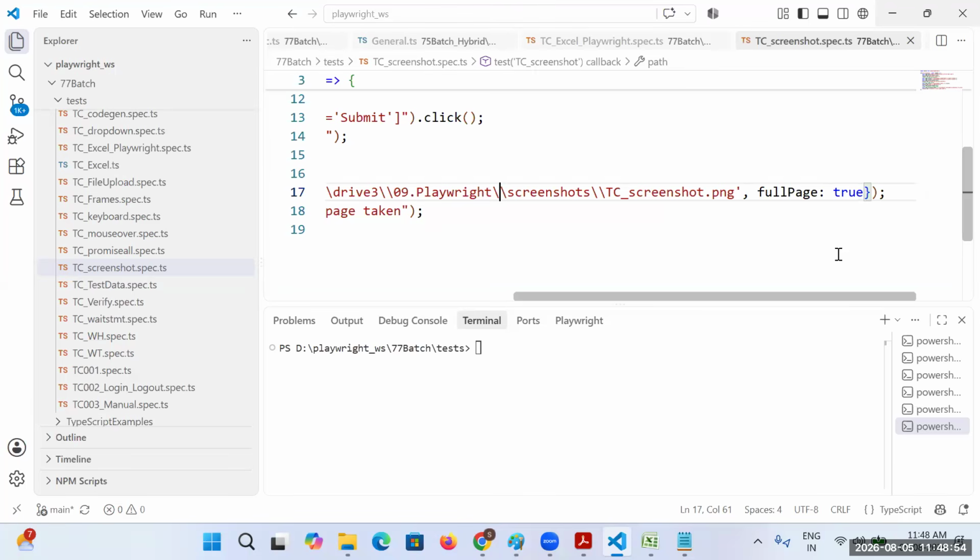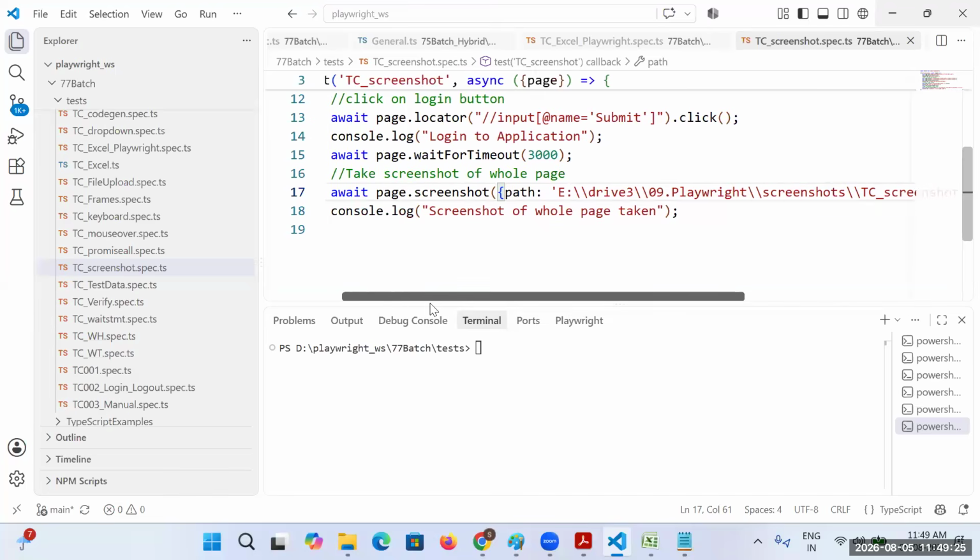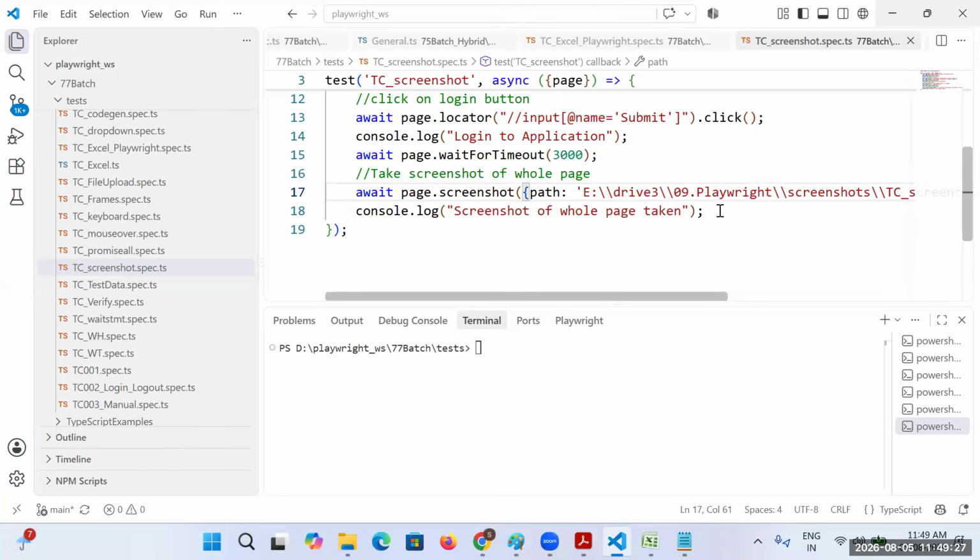So it will have these particular steps here, and this is how we get the screenshot. Okay, after that, once we have that screenshot,